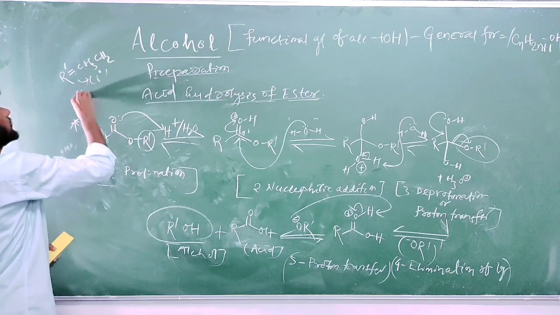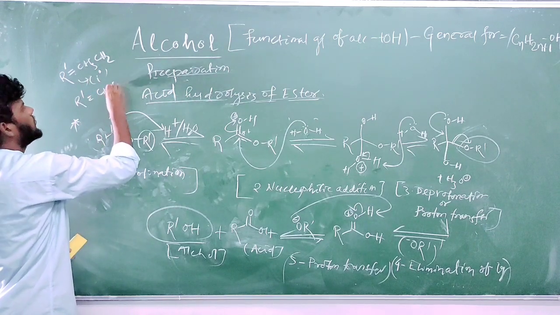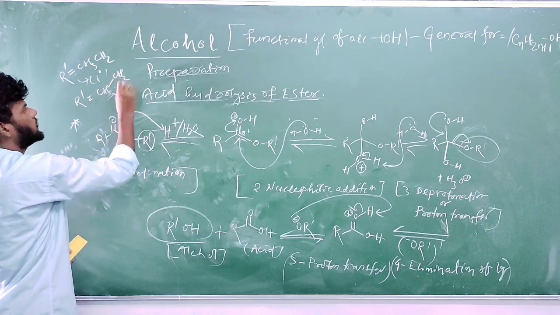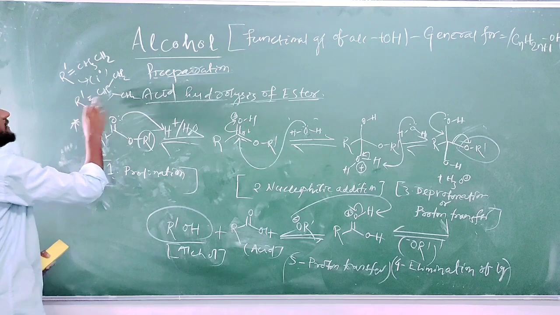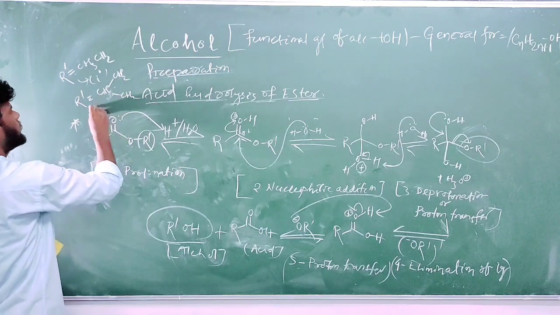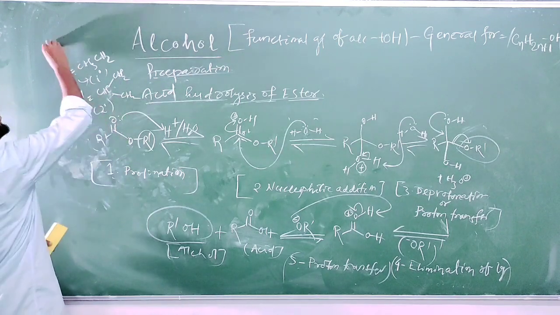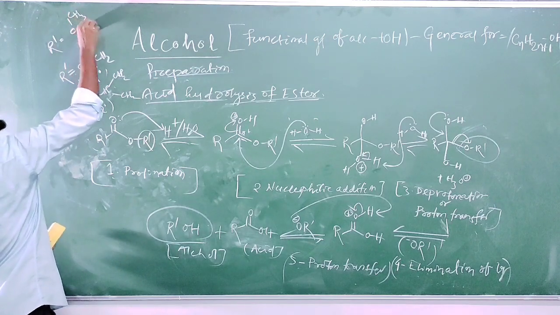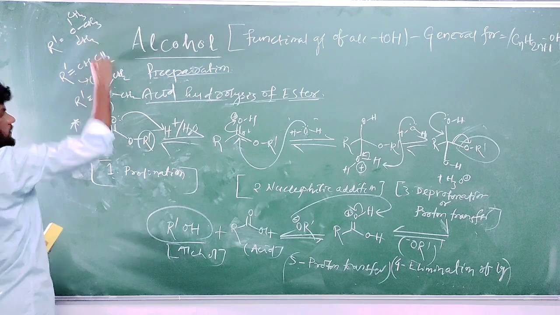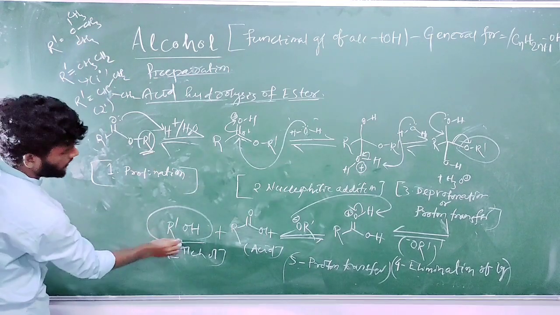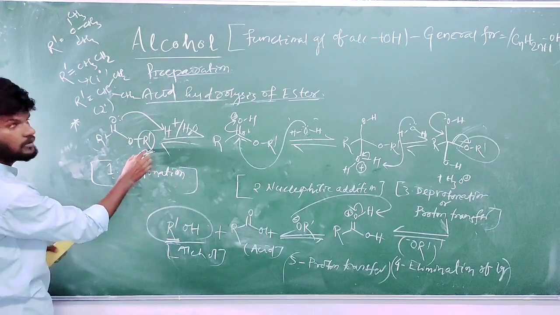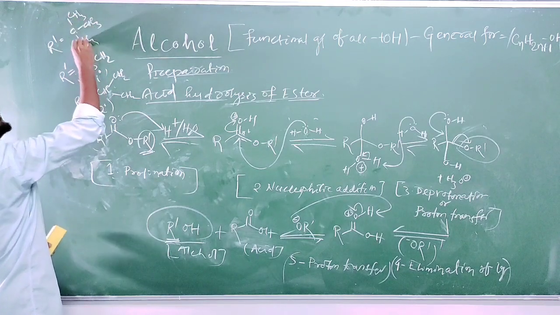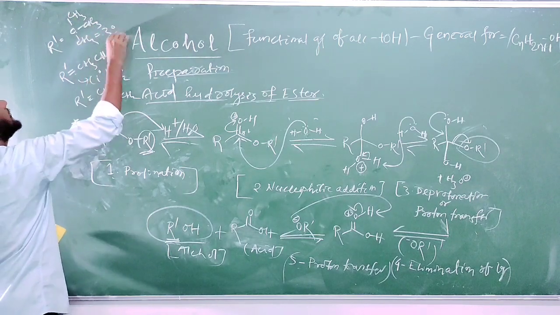If R dash is CH3 attached to CH2, CH attached to CH2CH2, if it is CH attached to CH2CH2, it will form a 2 degree alcohol. If R dash is C attached to 3 CH3 groups, that is, a carbon atom attached to 3 carbon centers, then it will form